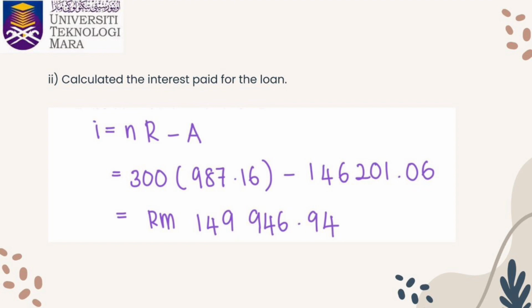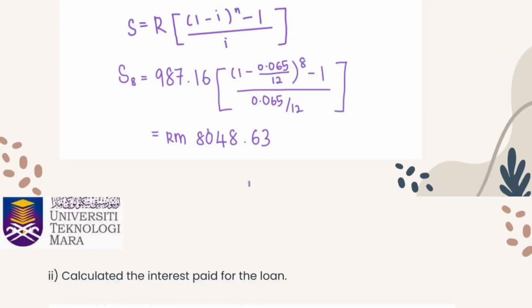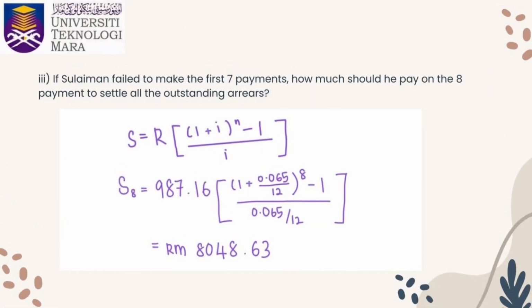B2. Calculate the interest paid for the loan. The formula is I equals nR minus A. 300 times 987.16 minus 146,201.06. The final answer will be RM149,946.94. B3. If Sulaiman failed to make the first 7 payments, how much should he pay on the 8th payment